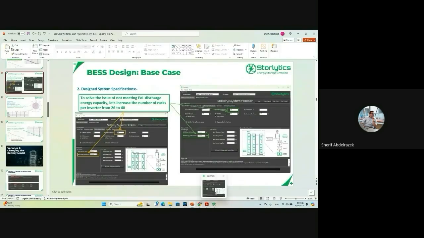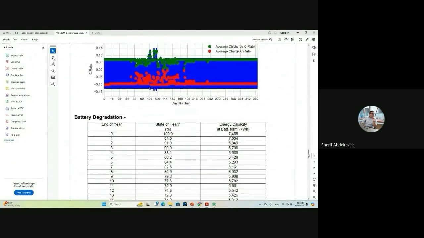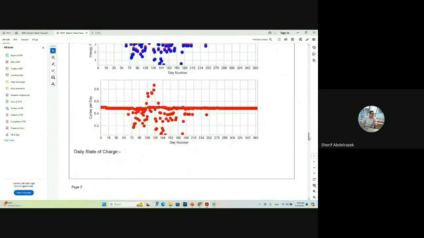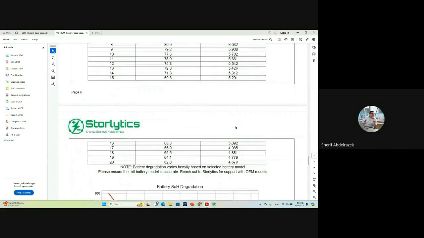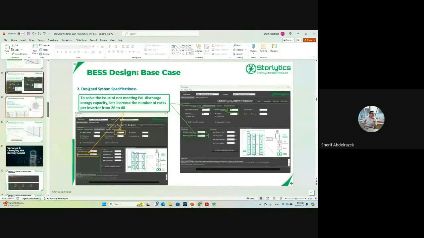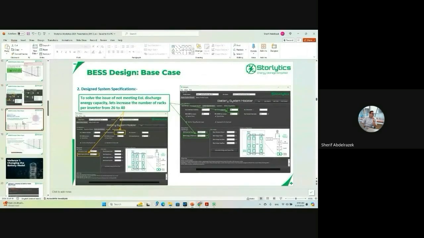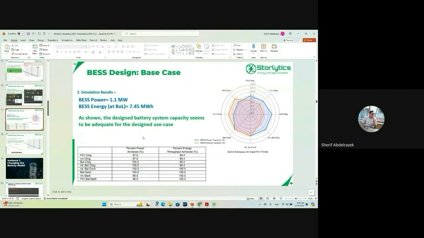Okay, so now we added more batteries, right? We upsized our system, increased the beginning of life capacity. And now here, what we see is we can actually achieve the 4 megawatt hours at end of life, right? Or by year 20. And we were actually targeting, this is something that I probably didn't mention or clarify, we're actually targeting